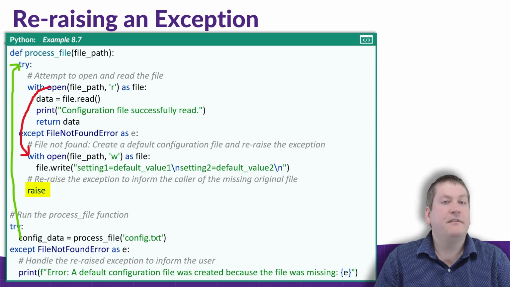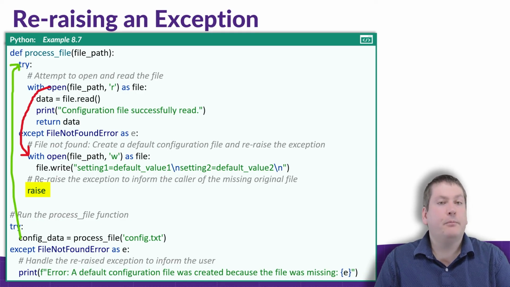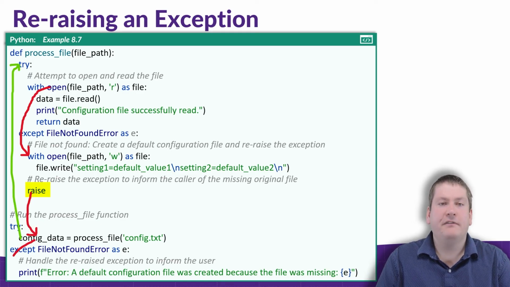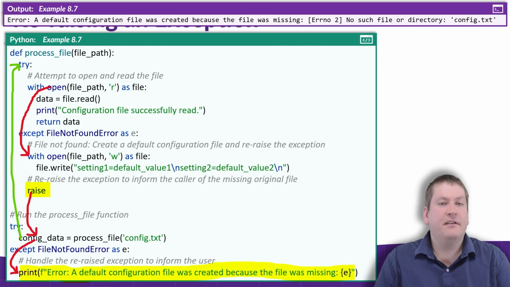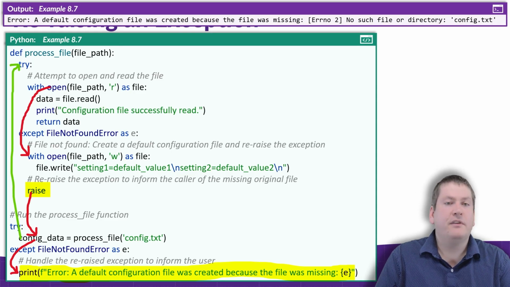So that means we're going to raise the file not found error that was created by the open function, and that is going to propagate onwards to the caller of this function. In this case, the caller of the function was this try block outside of the function, which is going to try to call the function, and if a file not found error occurs, it is going to execute this except